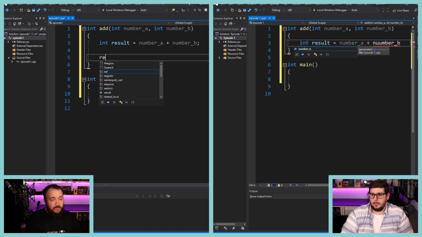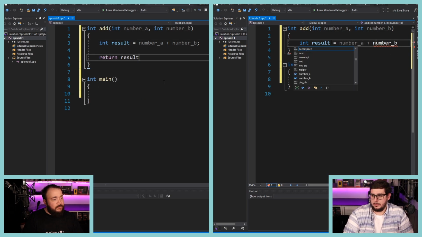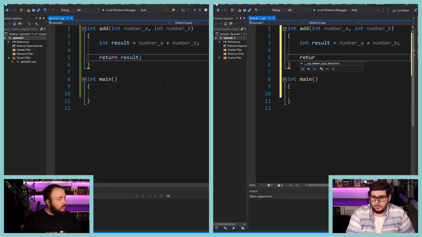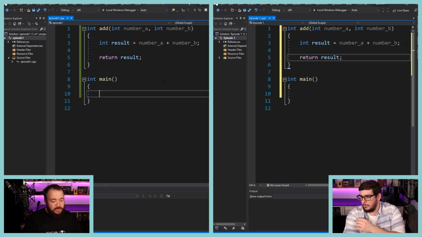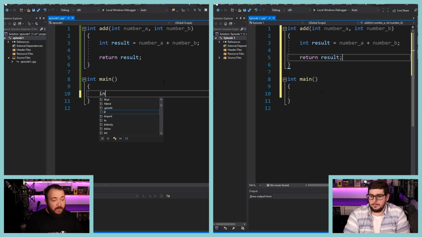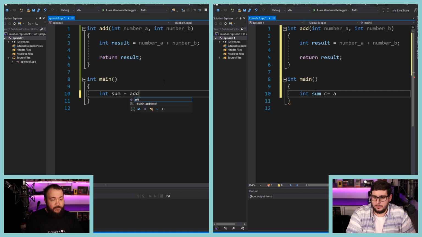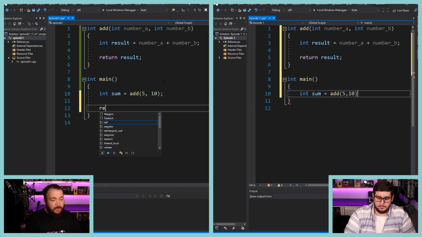And then I return result. So let's here in main create a variable called sum. Sum is equal to add, and let's do it like the slides. It's add 5 and 10, and then we return sum.